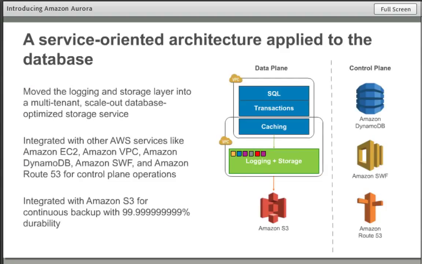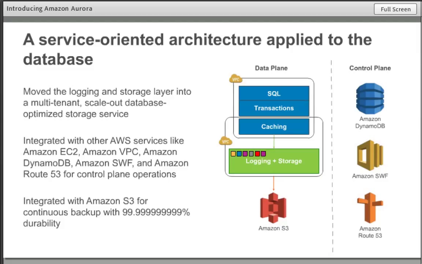So this led us to what we refer to as a service-oriented architecture. One of the first things we did was move the storage and the logging layer to a separate scale-out fleet. This is the first element of that blue box we were talking about earlier that has, for the first time, been moved out of the blue box. So the logging and the storage layer are a separate multi-tenant fleet that scales independently of the database instance